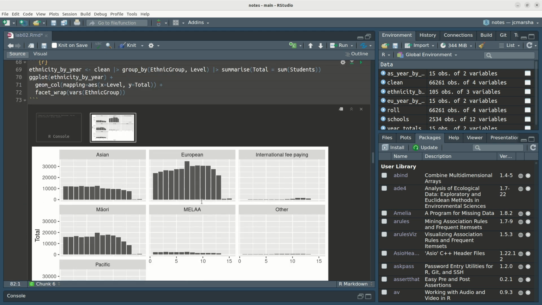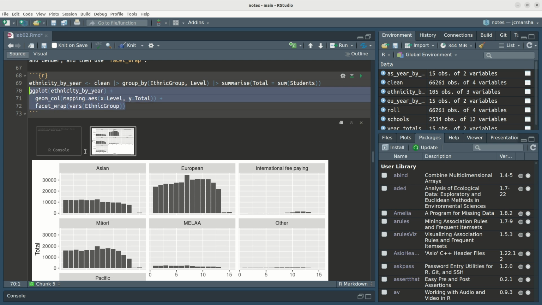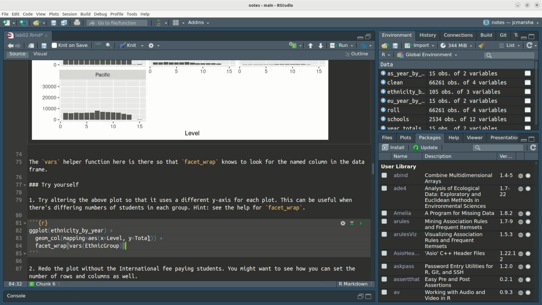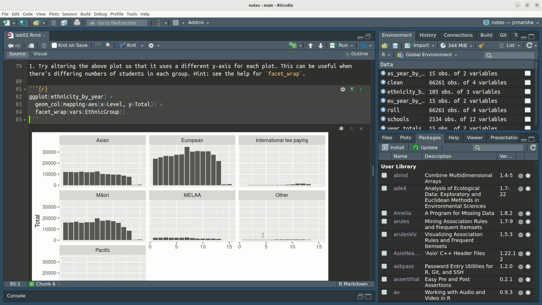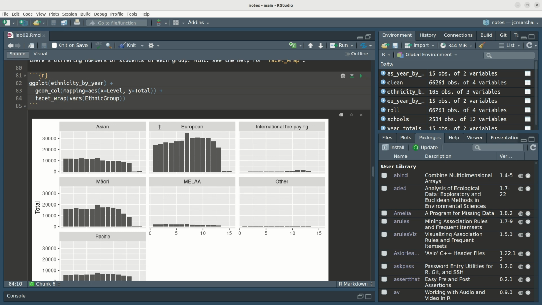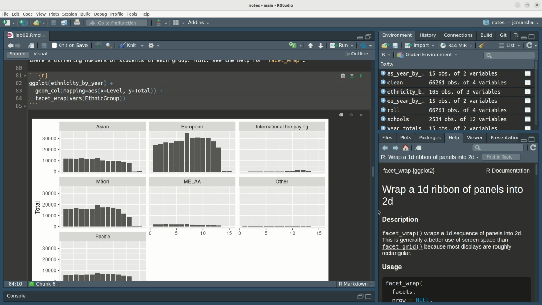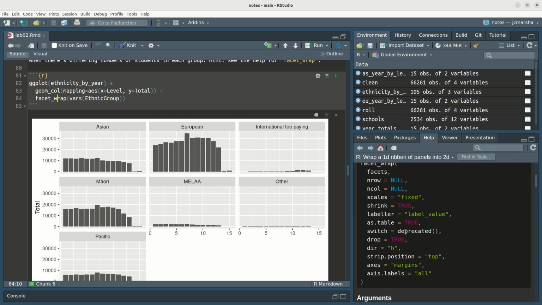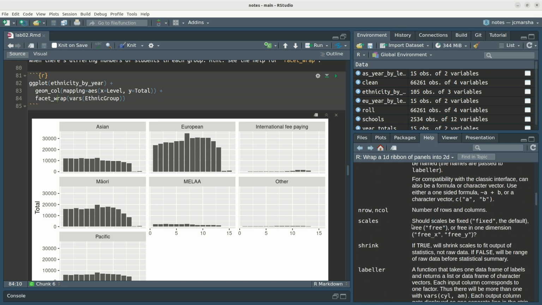With the hint, we could have a look at the help. Let's grab the code first and reproduce the chart. There we go. And then we'll just put the cursor on the facet wrap and press F1 to get the help. Okay, and if we look down here, we have a parameter called scales. If we read about that, should the scales be fixed, which is the default, free, or free in one dimension? Right, so that suggests that we probably want to go scales